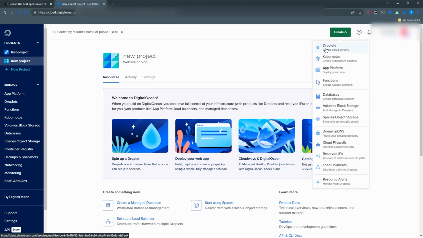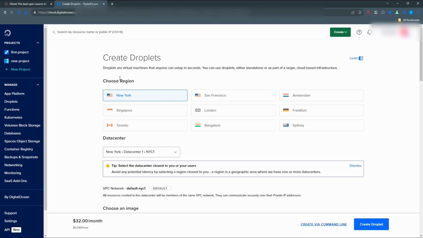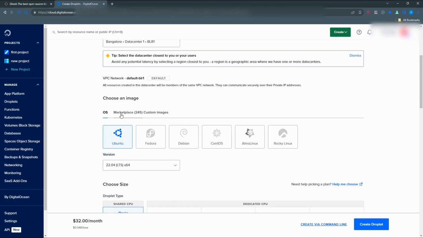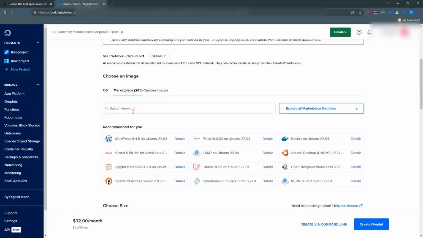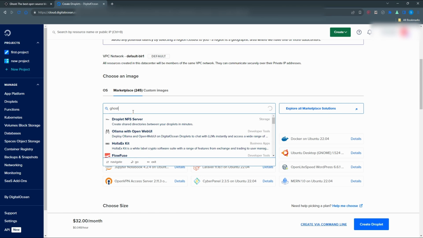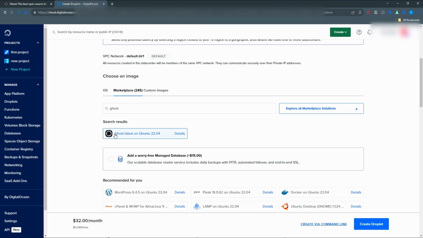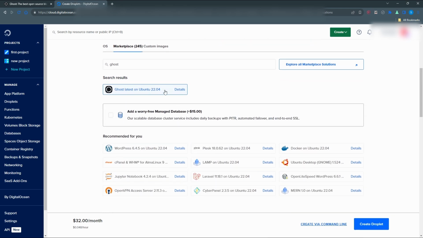Click on create and droplets. Choose the region nearest to you. I'm gonna go with Bangalore. And in image, go to marketplace and search for ghost. You can find it here. Make sure you select this Ghost latest on Ubuntu 22 and